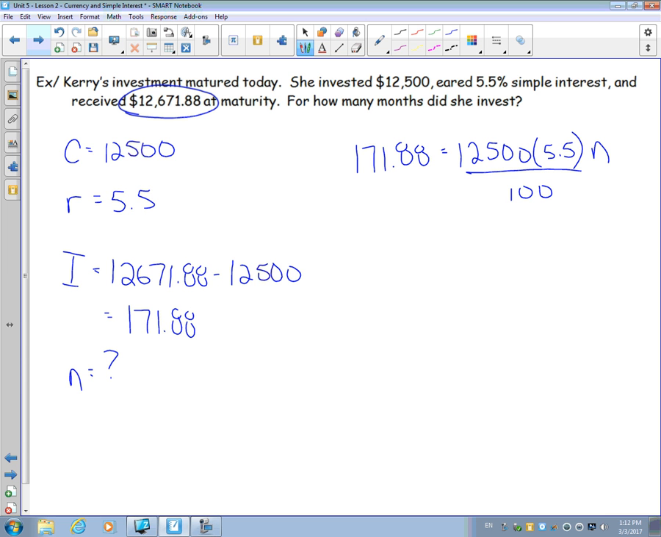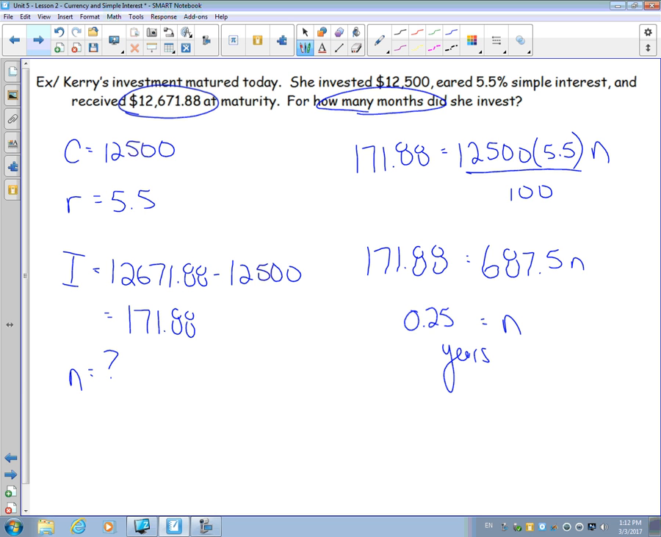I'm going to multiply together everything on the right side and then divide it by 100. I'm going to end up with 687.5 with an N attached to it. If I divide both sides by 687.5, I end up with N is 0.25. Now remember, time, which we just calculated, is always in years. So the question asks us how many months. So 0.25 years times 12 months will give us